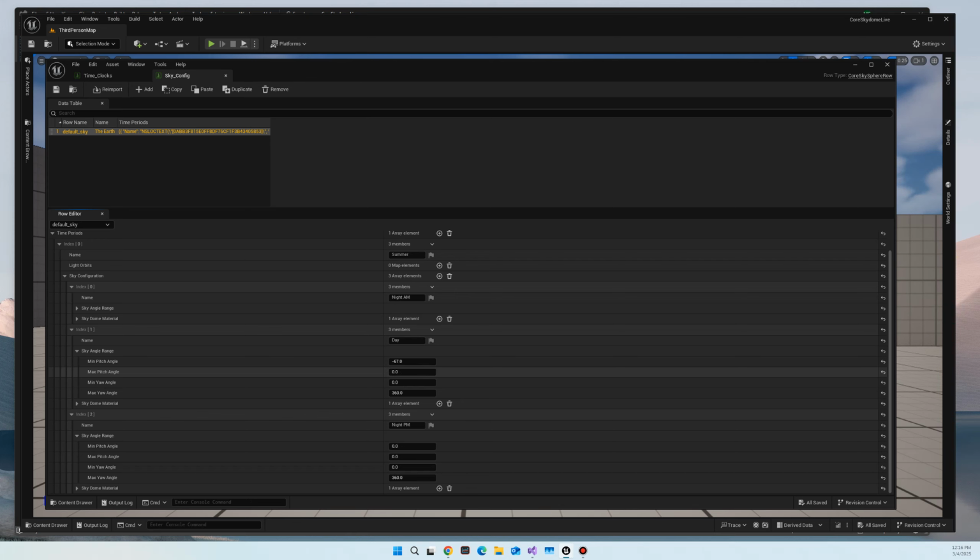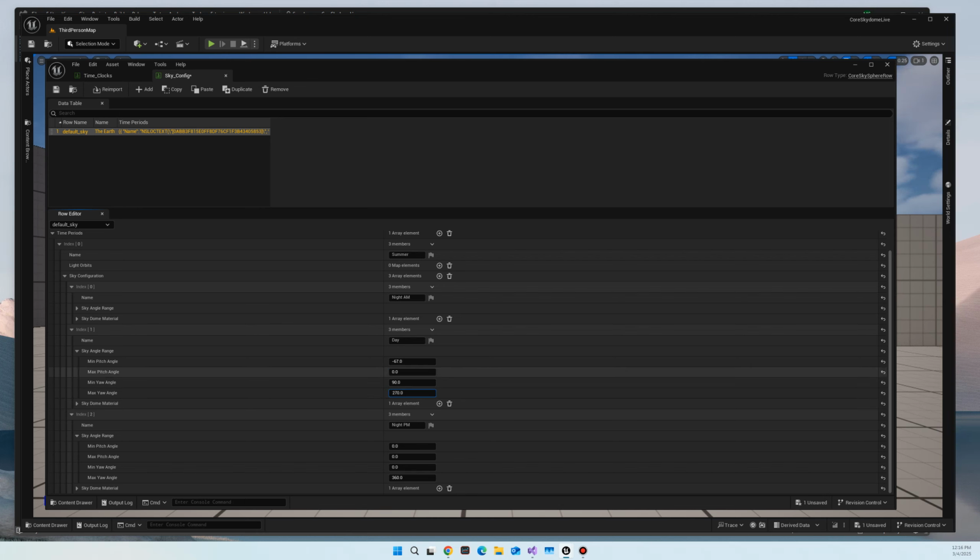And you can find that information out. I just Googled that information. So again, that's the maximum. This is the minimum. So our sun's never going to be fully overhead at 90. It'll be off at a slight angle, which I think looks a little bit more natural when dealing with sunlight. And again, the yaw angle, daytime is considered between 90 and 270 since I'm using 12 hours of day,